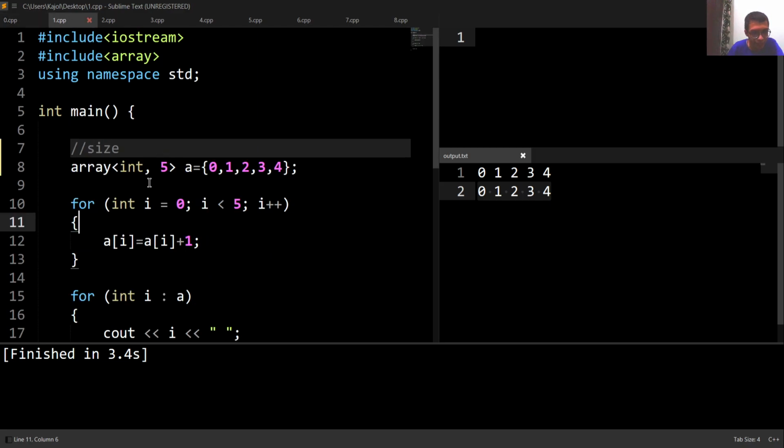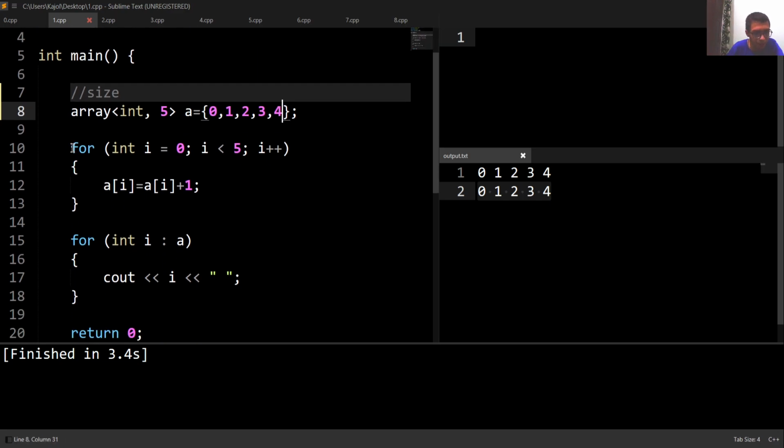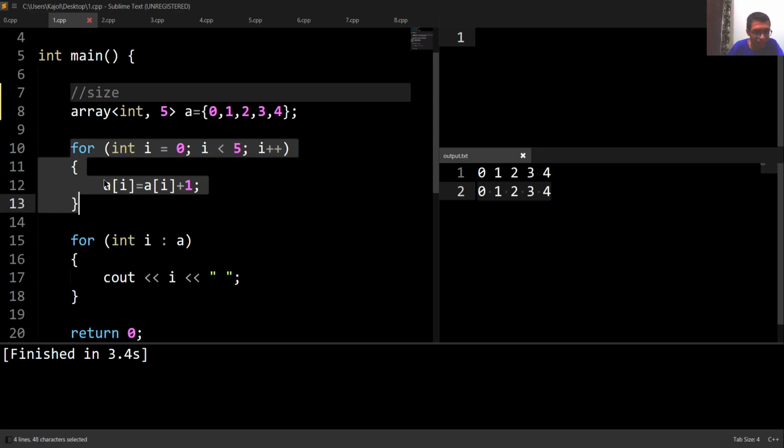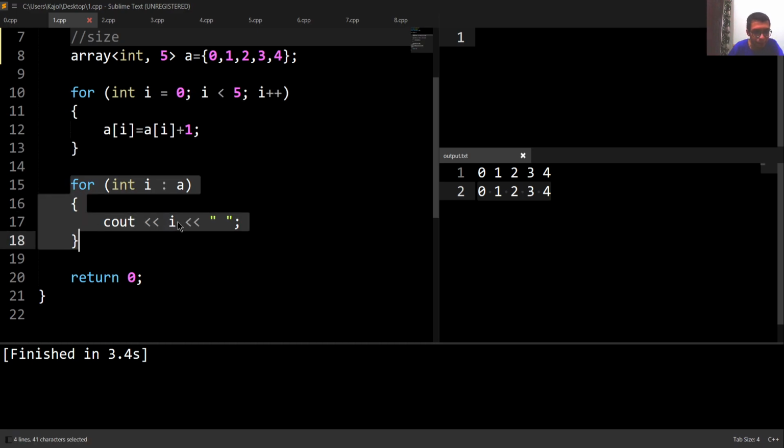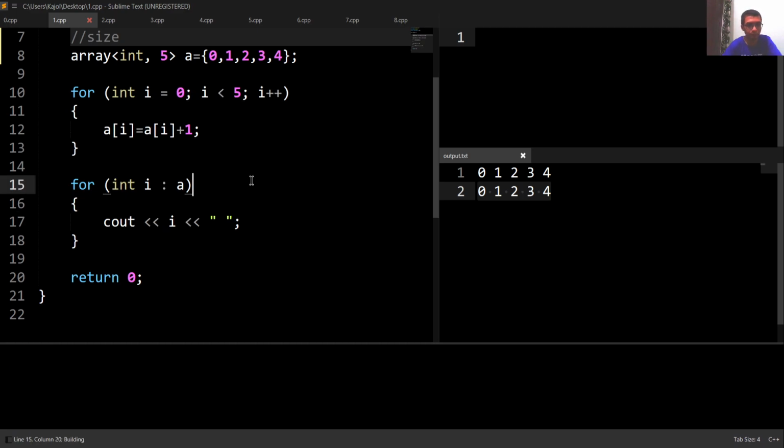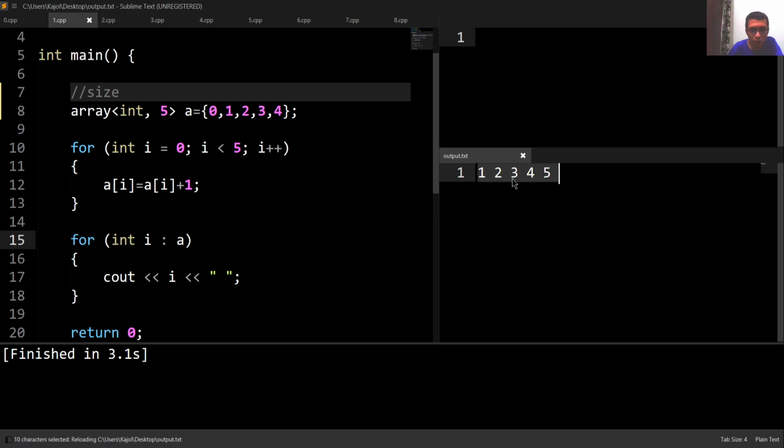Over here, again, we have an array A initialized by the same 5 elements, but this time in the first for loop, instead of printing, I'm updating the array elements by 1, or incrementing the array elements by 1. So using this for loop, I'll increment each and every array element by 1, and using this for loop, I'm simply printing the array elements. If I run this code, we can see that all the array elements have been incremented by 1. 0 is incremented to 1, 1 is incremented to 2, and similarly the rest 3 have also been incremented by